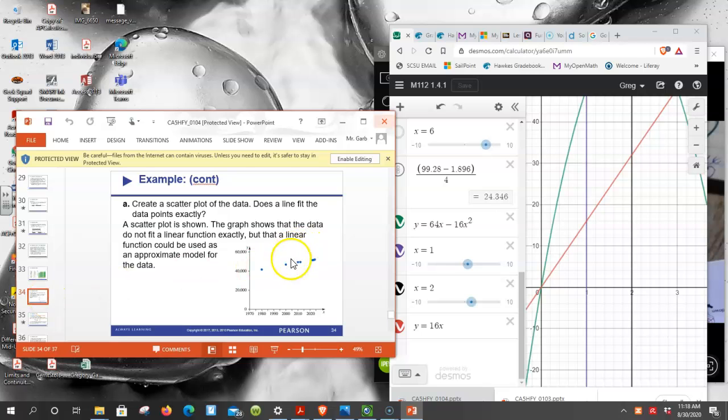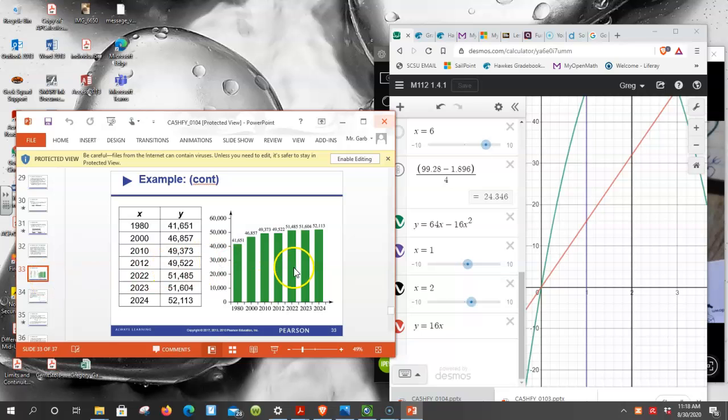Draw a scatter plot. So there's our scatter plot that we'd get if we type into the calculator. We don't need to do that because they did it right here for us. So we know how to do that. So we just type that in the calculator,